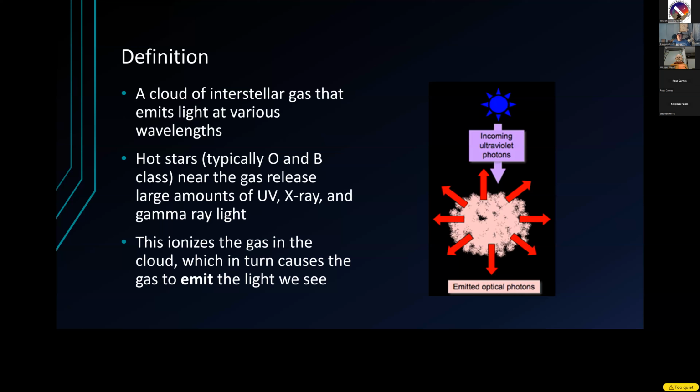Here's an example of an emission nebula. This is the Flame Nebula, NGC 2024. It's located